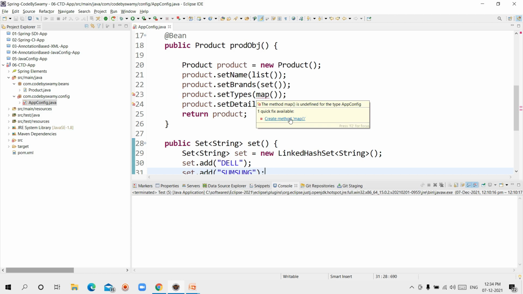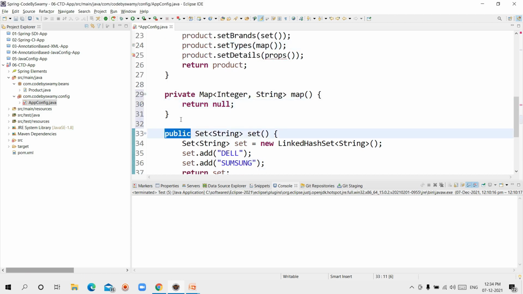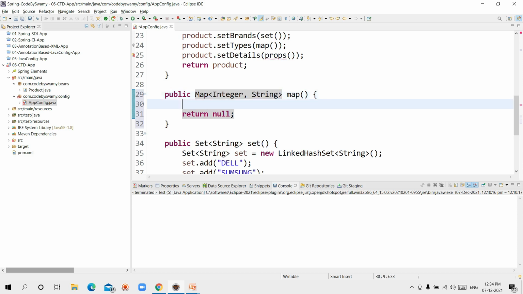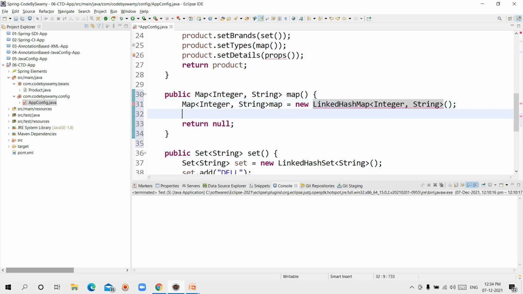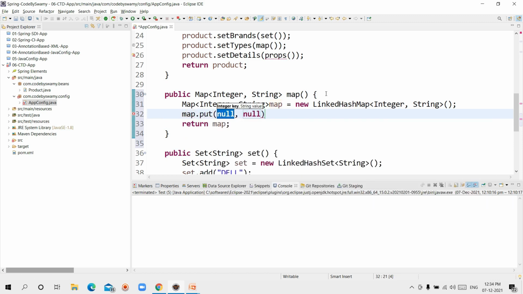Next, go to map and place the cursor over map. Here it is showing create map method. Click it, change private to public and create the object for the map collection. Map is equal to new linked hash map. Yes, and it returns map only. This time put map dot put integer.